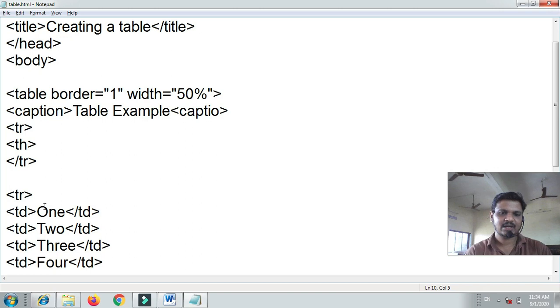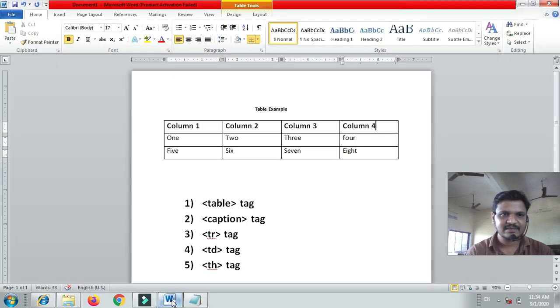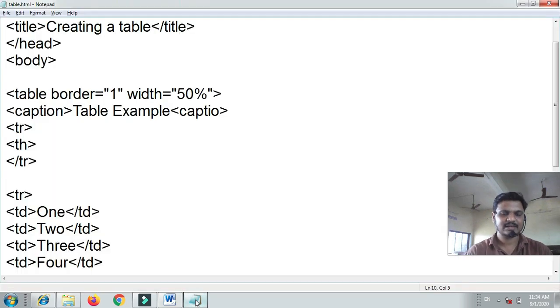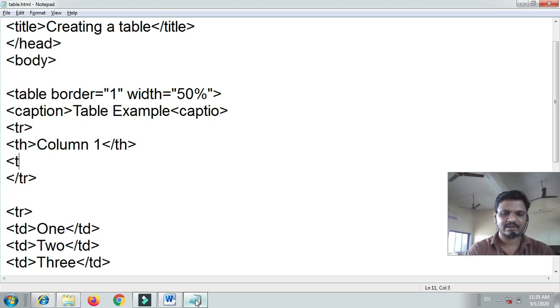Now I have to check which one is the first cell. See, the first cell is column 1, so directly put column 1 and th close. After th, I want to copy this and paste it. Column 2, close th.